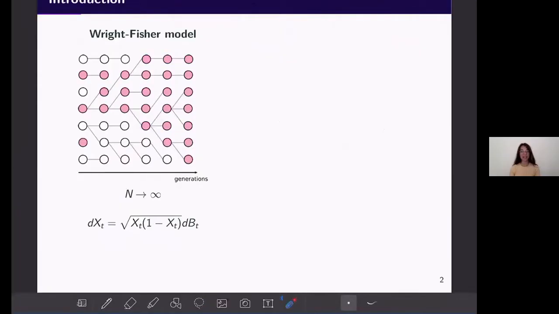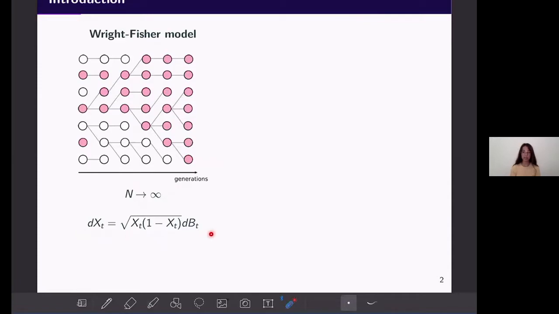To begin with, I will recall the Wright-Fisher model, which is the most classical model in population genetics. It has a fixed population size, n, discrete generations, and each individual chooses her parent uniformly at random. If we consider the fraction of type 1 individuals, here type 1 is the pink, and we rescale time by n, and we let n tend to infinity, this process converges to the Wright-Fisher diffusion, which is the solution